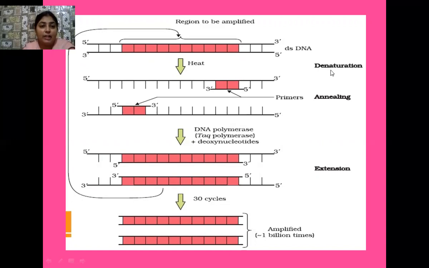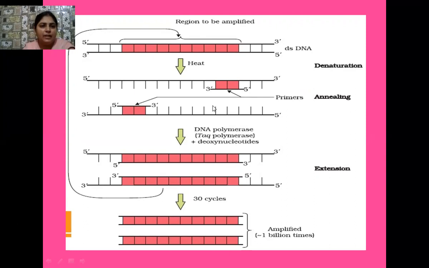When a particular heat is applied to it, this is known as denaturation because we are doing the experiment in the laboratory. After denaturation, as you know, we have mixed two sets of primers. These respective primers attach themselves, according to their complementary bases, to the two strands of the parental recombinant DNA. Now we have also added the enzyme DNA polymerase, which here is the Taq polymerase.